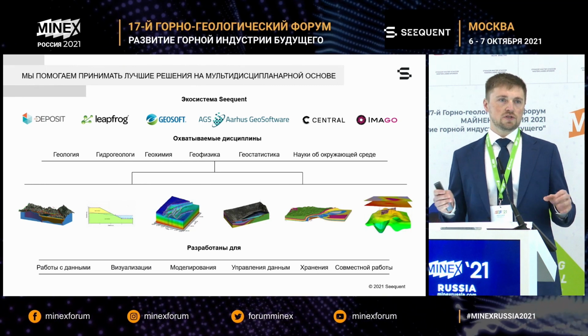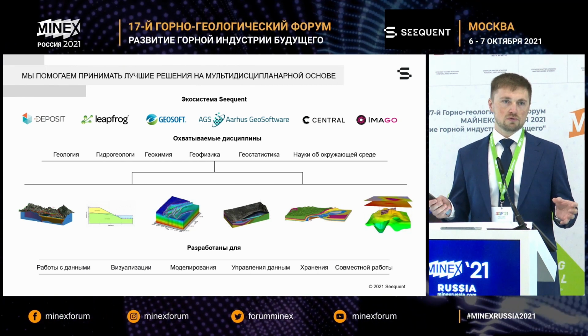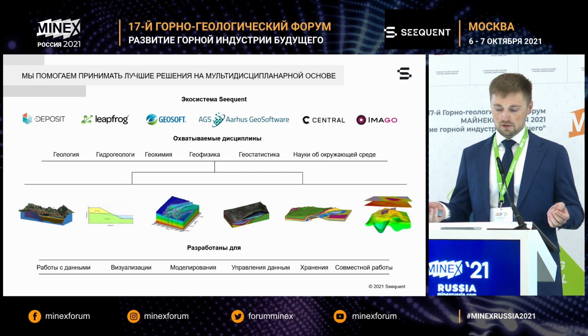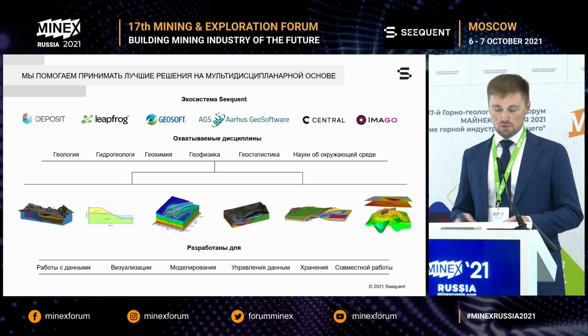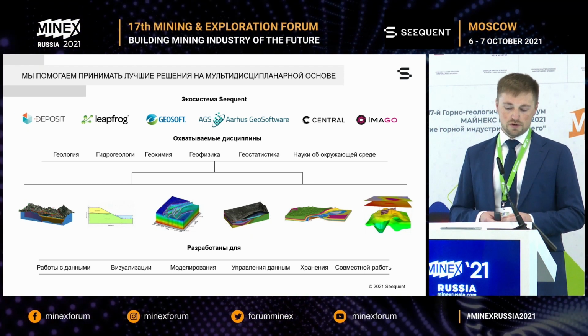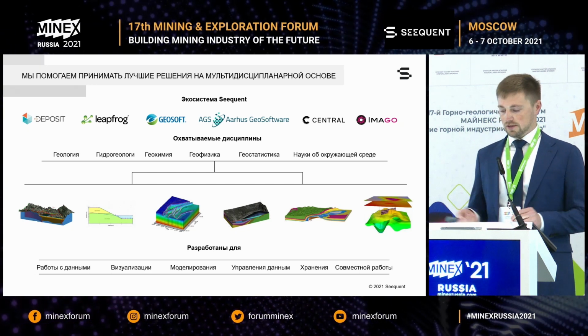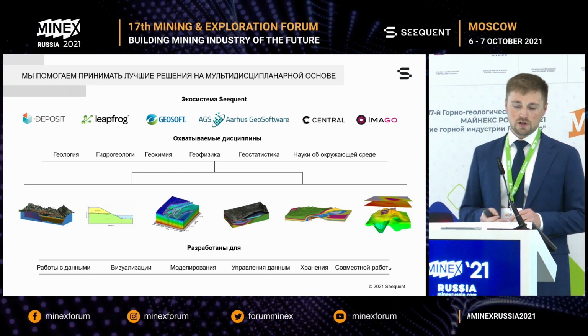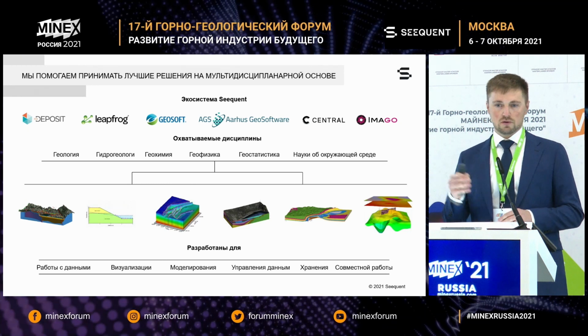This ecosystem consists of solutions covering all the sciences at the development stage: geology, hydrogeology, geochemistry, geophysics, geostatistics, and environmental science.